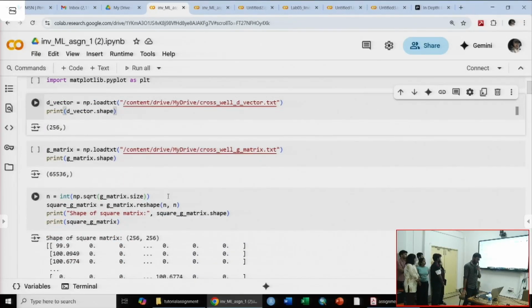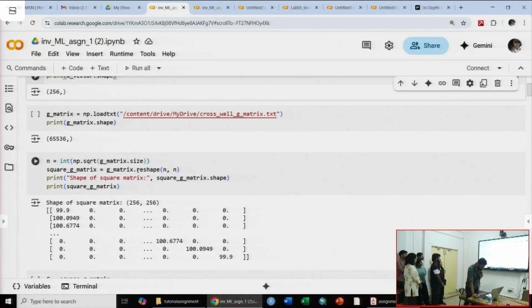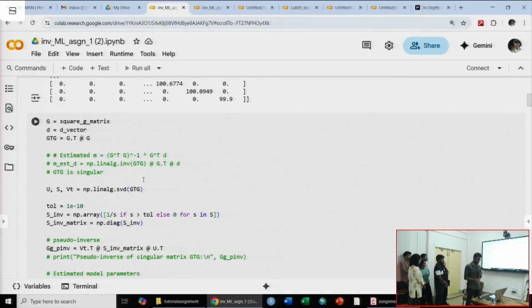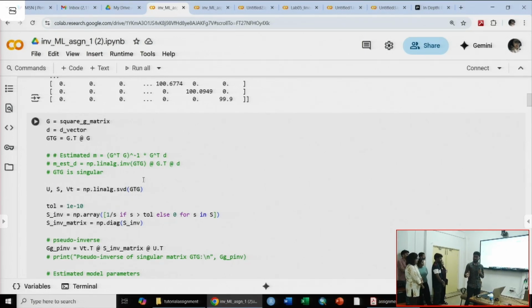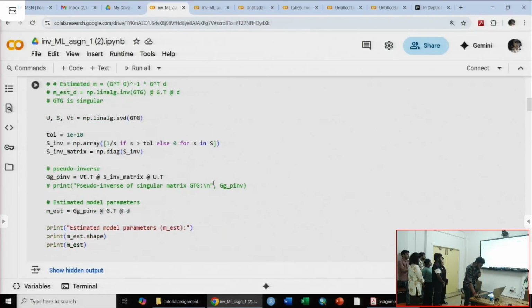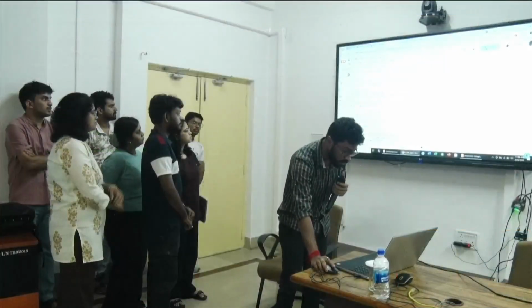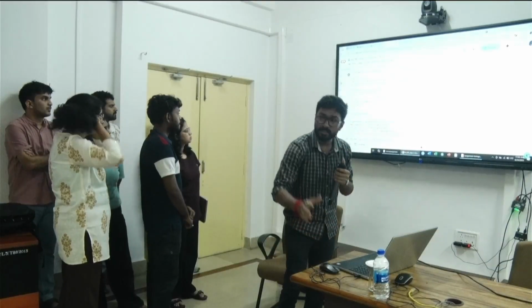So, sir, first of all, we created a square matrix from the G matrix. It is a 256 by 256 matrix. After that, I tried the simple inverse of GTG, and we are getting that it's a singular matrix. So from this singular matrix, we are not getting the inverse of GTG. That's why we used SVD to create the pseudo inverse of GTG, and we calculated the simple least square,